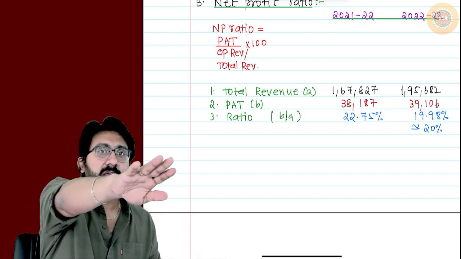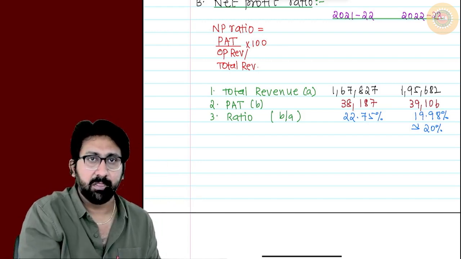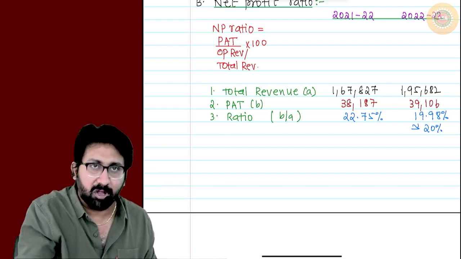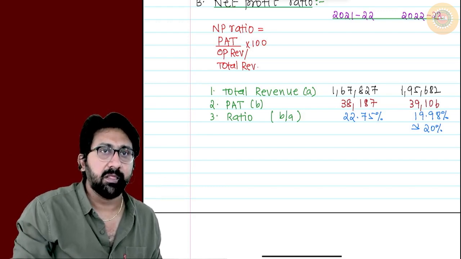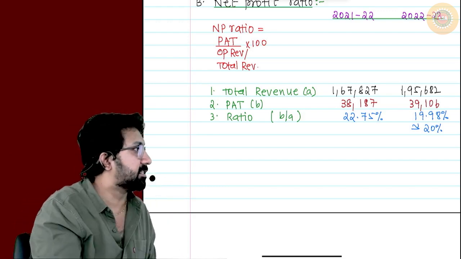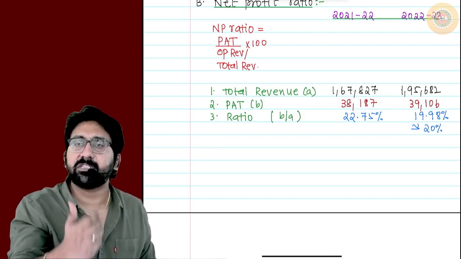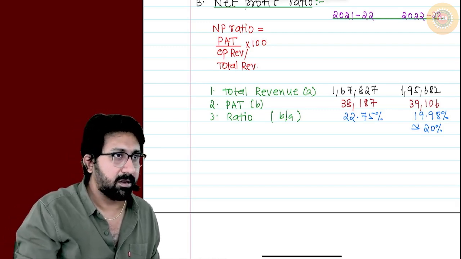That's why at annual general meeting time, 21 days before the AGM, we will give financial statements to the shareholders. They have to do all this analysis. They have to question the board of directors in the AGM. Why there is a fall by 2.75? What extra expenses you kept? Are you understanding or not? That's why annual general meetings are conducted, not for lunch and brunch. Are you understanding or not?